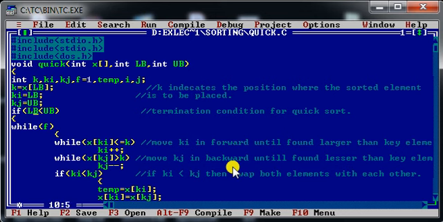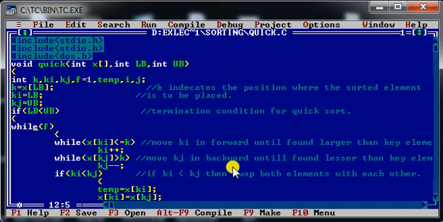First of all, I will consider the first element of the array as the key element. That is why I have stored k equals x of lb. Similarly, I will put my ki pointer on the left hand side and kj on the right hand side. So I have done the same thing. ki is equal to lower bound and kj is equal to upper bound, and I will check whether lower bound is less than upper bound or not. This is the primary condition for further processing.